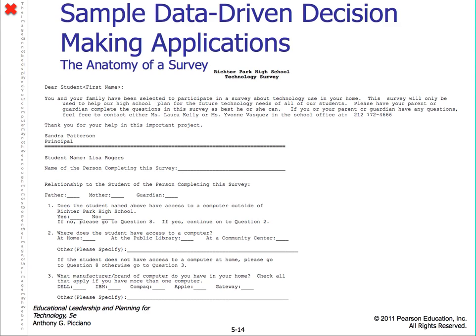So what I suggest you do in the future when you do surveys is use something like SurveyMonkey. Now, if you've never heard of SurveyMonkey, you should Google it. Those are electronic surveys where the students can type in things if they need to. They can use radio buttons to click yes and no, or check marks, in the case of this, which says relationship to the student or person completing the survey: father, mother, guardian. It's much easier to get that data that way. Number one, it's nice and neat, but number two, something like SurveyMonkey can put it all together for you.